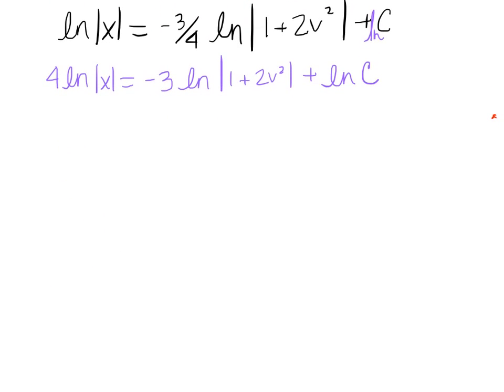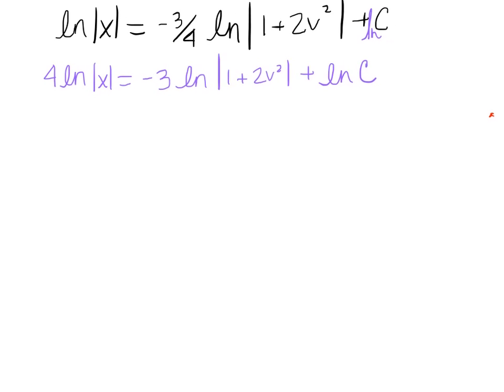Using properties of exponents, we know that a 4 in the front of a natural log is really going to become an exponent. So I have natural log of x to the 4th is equal to. Now this plus sign means a product with natural logs, and this coefficient of a -3 also means an exponent. So what that gives me is the natural log of c times the quantity of 1 plus 2v squared raised to the power of